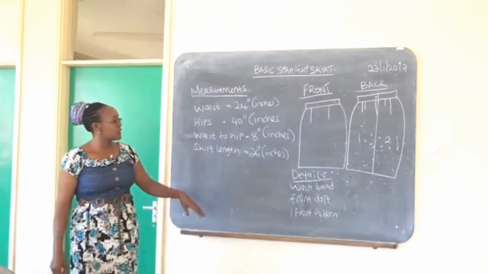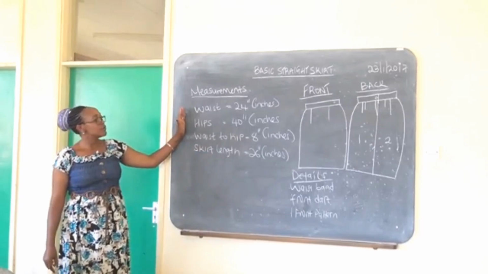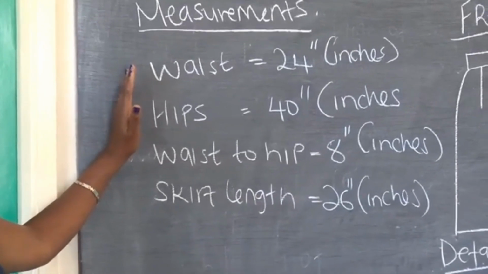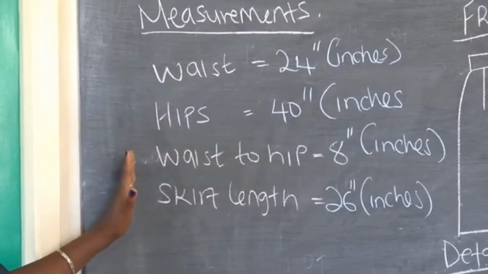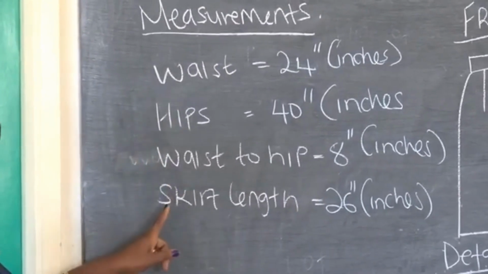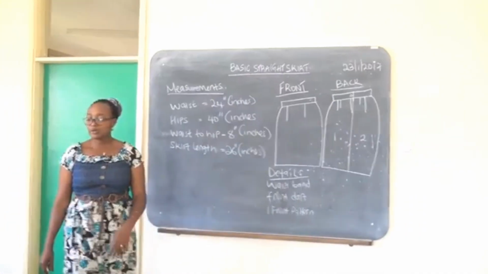The measurements for the skirt will be as shown. We've got the waist, which is 24 inches. We've got the hips, 40 inches. Waist to hip, 8 inches. And then we have the skirt length at 26 inches. When I talk about waist to hip